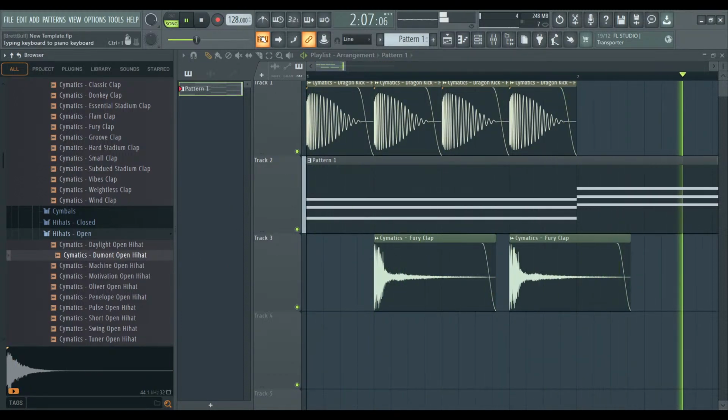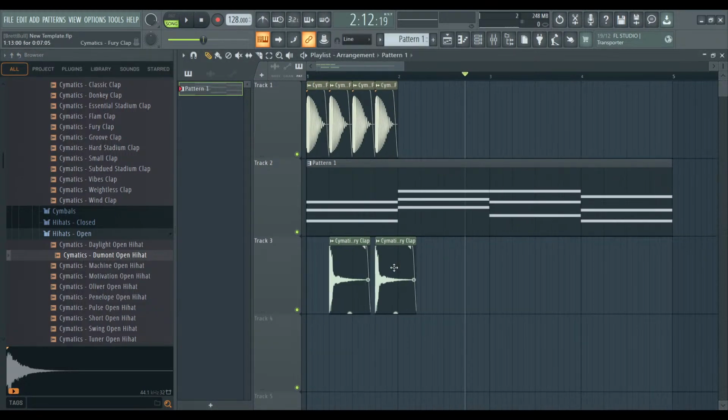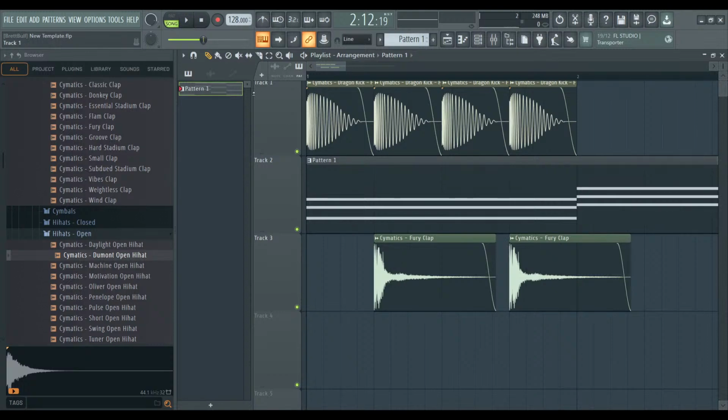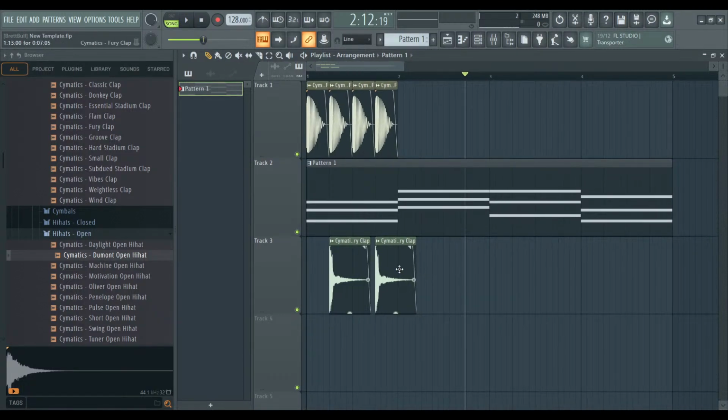I need to change that clap, because as good as it is, the tail on it's too long, and I can't edit it. Well, it would take too long to try and edit it. This is where sound selection is so important. But for me to kind of show